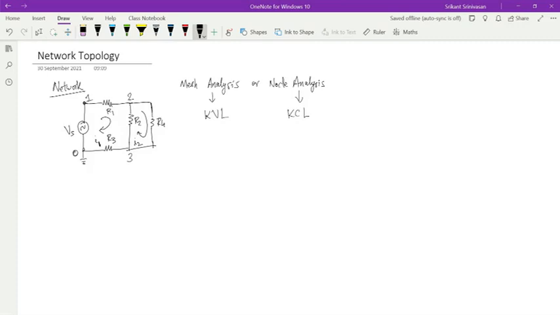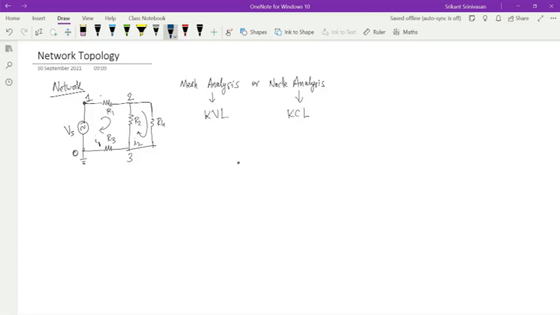Now, if I want to represent this network as a graph, then what would I do? Basically, every element that I have, either a resistor or an active source, every element will be replaced by a straight line, okay, and that is called a branch. And two branches will connect where there is a node. So these points 1, 2. So one is like the intersection of this voltage source and a resistor. So that is a node, okay, a point which is connecting multiple branches, and each of these will be a branch. So the equivalent graph of this would be,